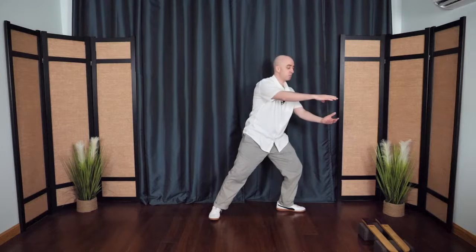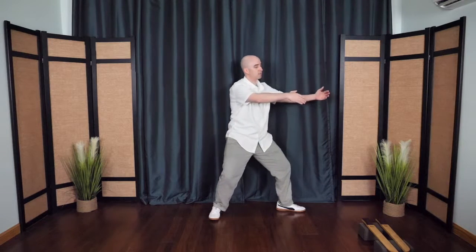And then reverse direction, whichever way you're going, just go the other way. Circling around as if you're carrying something precious. Feeling the energy, and then hug the tree. Bring it back to center, and then open. This time, this hand scoops under, embrace the moon,